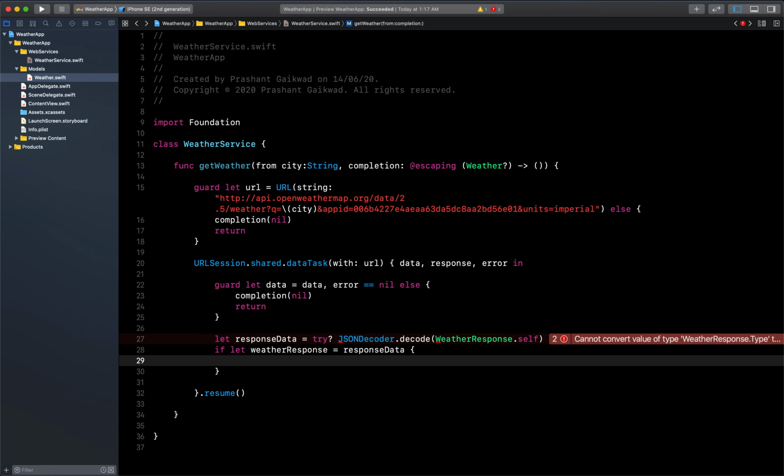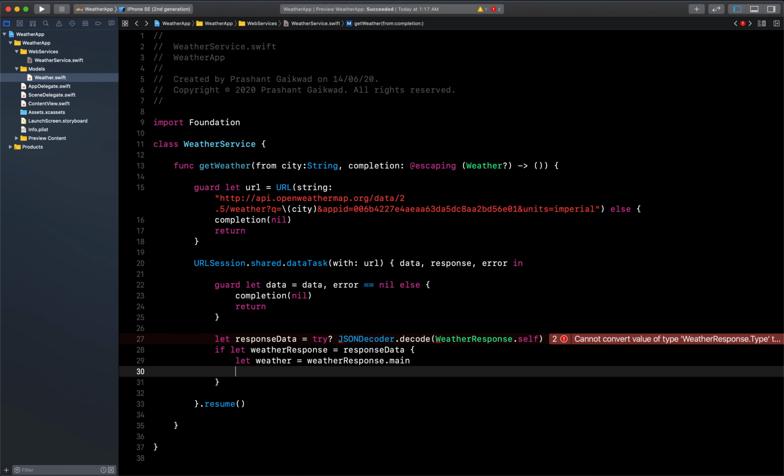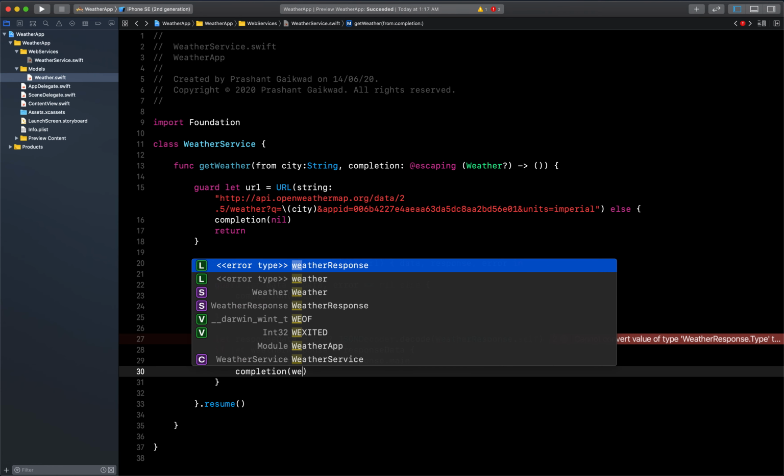So if it is proper, then we can say that let weather equal to weatherResponse.main. Okay, and here if we got the final weather, then we can return it using the completion handler.